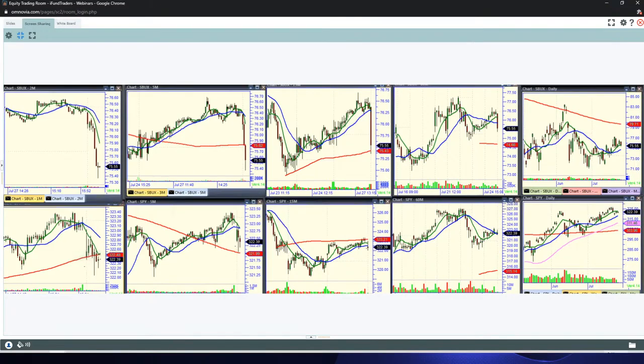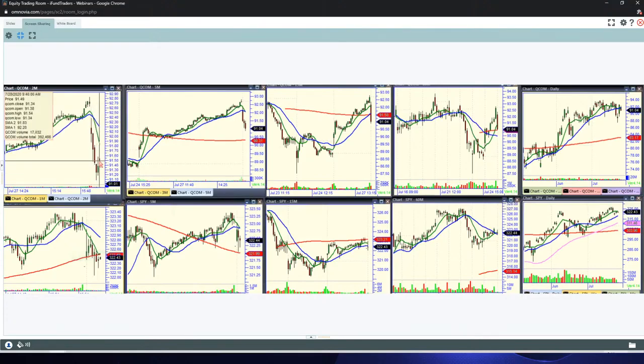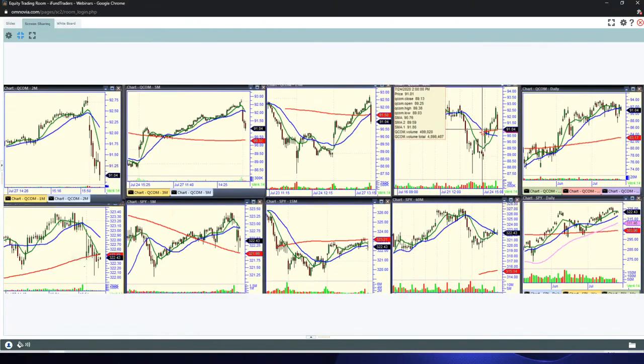QCOM is working on the second attempt. First one got stopped out at break even. You see it right there. So you shorted the low at 50, it rallies back, you get knocked out at break even, then you get a 2-minute sell here off the narrow bar. Second entry takes you all the way down to 91. And it hits the 200 and holds, then you take profit on the bounce. If it breaks the 200, you can look for it to keep going. If it hits the 200 and bounces, you can do the whole number trade and reverse it long and look for continuation off the bounce to the upside.